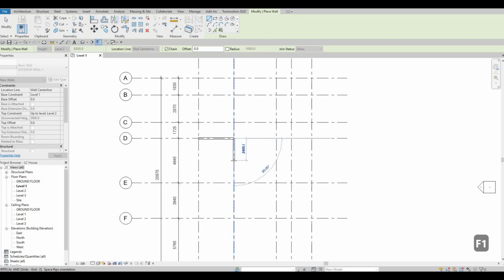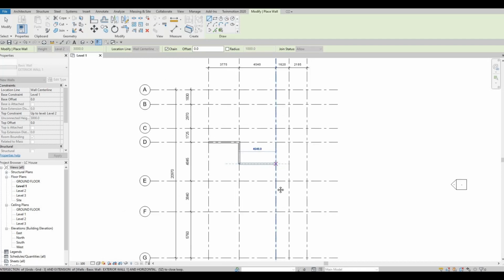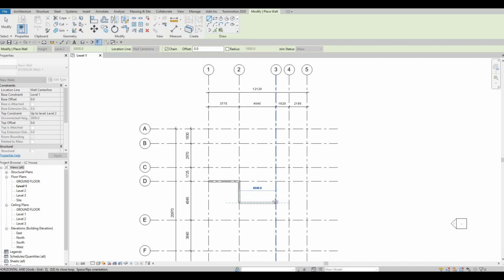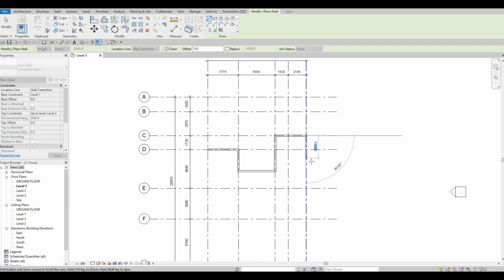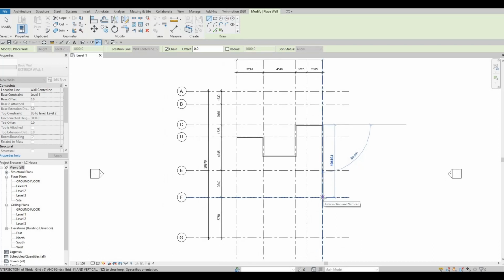After that, go down 2700 from the D grid. So 2700, click enter, and then across number 3 grid line, and then go up to C grid line, and then go across again to C5, going all the way down to F5,